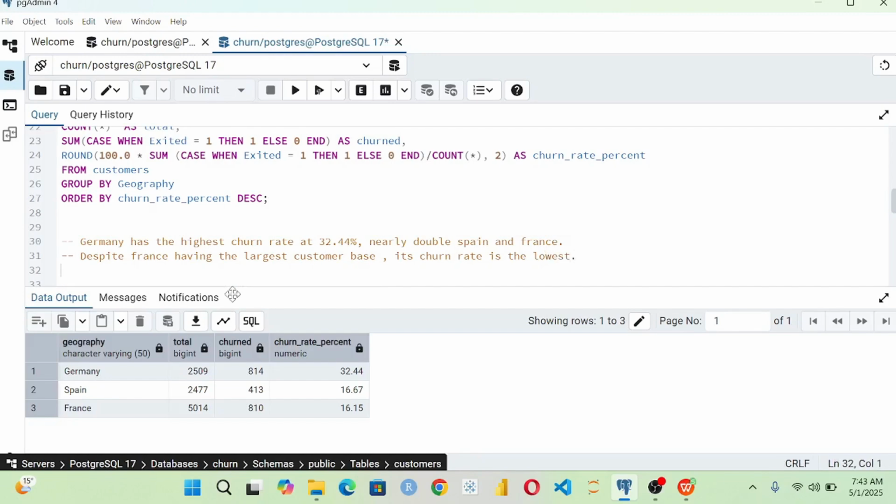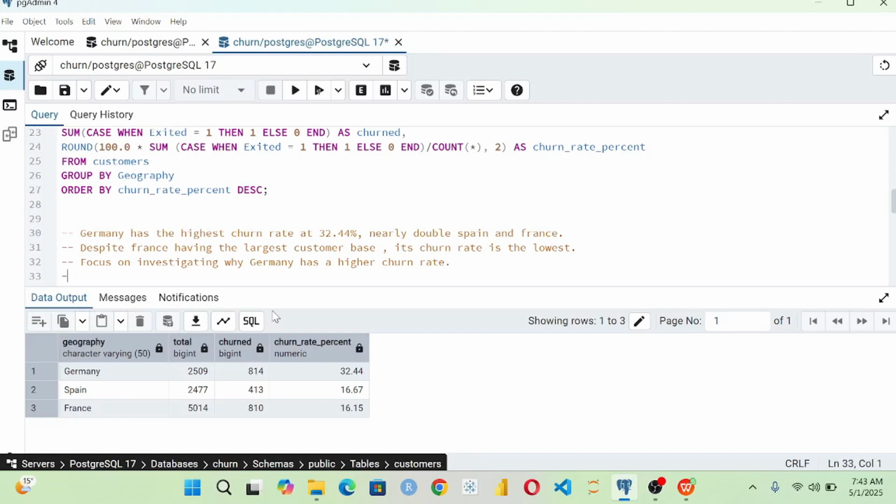This is something else to note. Observation 3: what you're able to identify in this case is that we now have to focus on investigating why there is a higher churn rate in Germany. So our focus is on investigating why Germany has a higher churn rate. So maybe what we can also do when investigating is to conduct a targeted